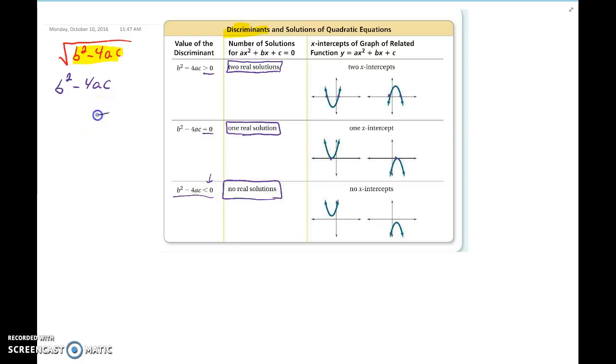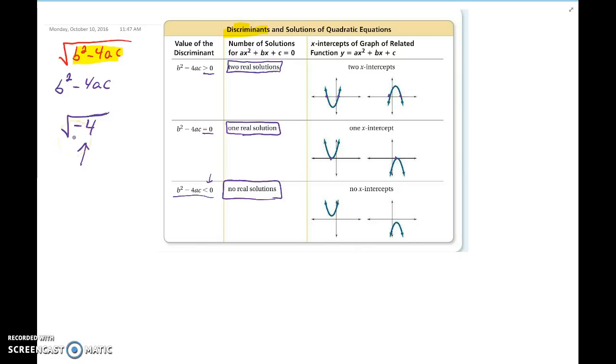Something that we're going to talk about in the future: if we get the square root of negative 4, right now we can't solve this. We haven't learned this yet. This actually gives us an imaginary number or a complex number. We're going to learn that in the near future, but for now, it's something that we can't solve. But what that tells us is that we have no real solutions, because there is no square root of negative 4 in our real number system,